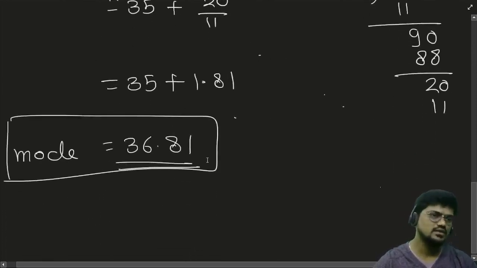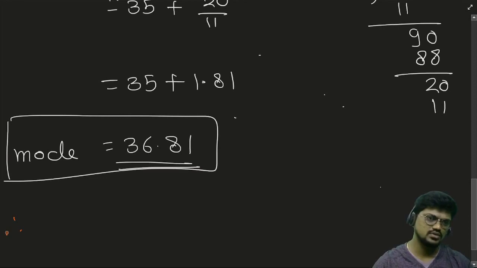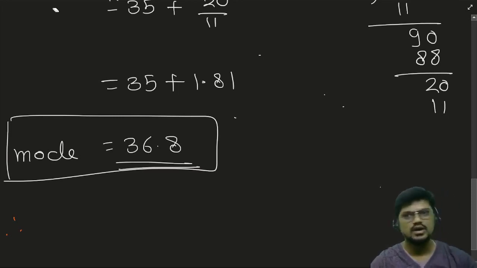36.81. That's what we can interpret. Got it? Sir, can we round it off to 37? Yeah, you can round it off to 37, no problem. But if you keep it like this, you can write 36.8 also. If you want, you can keep it as 36.8. And what you can interpret over here is the maximum